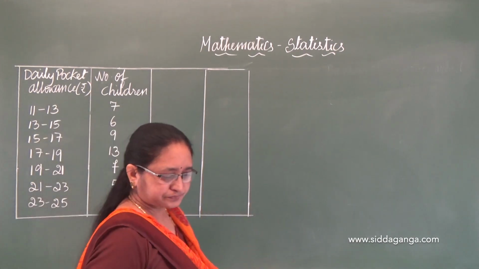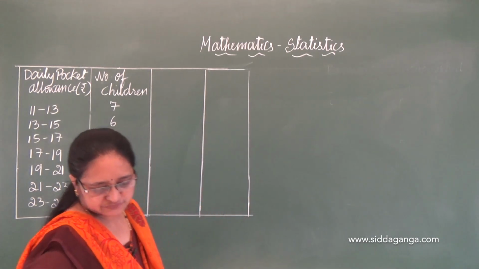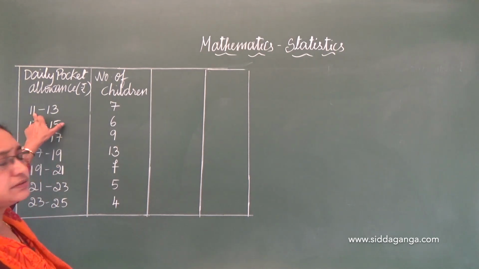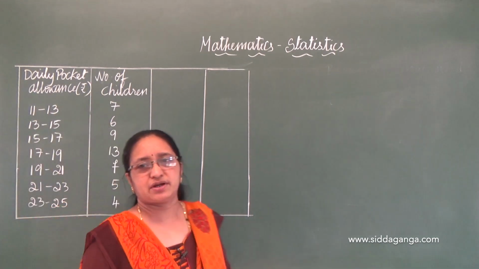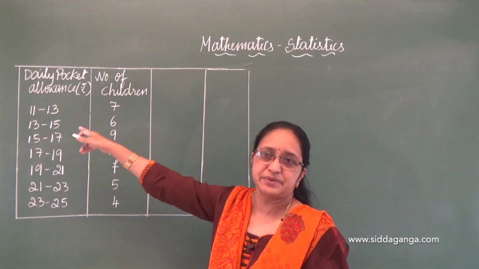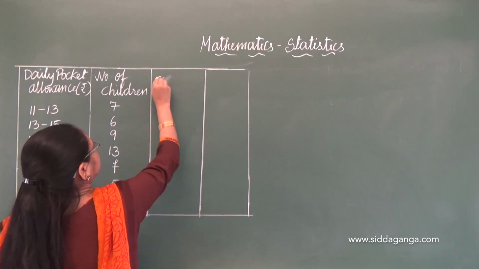Now let us find out the class mark. See here, 11 plus 13, the middle term you can easily find out. Here 12 is the middle term. So xi, that is the class mark,